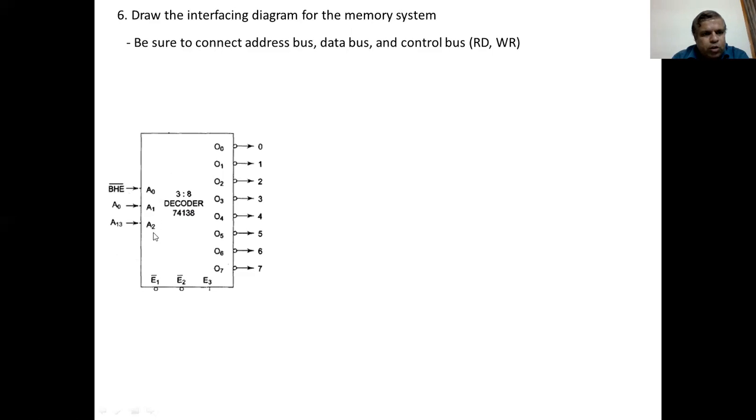So when they are 000, the zeroth numbered output pin will be low. When they are 001, the second output is low, that is, output pin 1, and so on. And then the address pins A14 to A19, which are logic ones, are connected to the NAND gate. And the output of this NAND gate is in turn connected to the enable inputs.